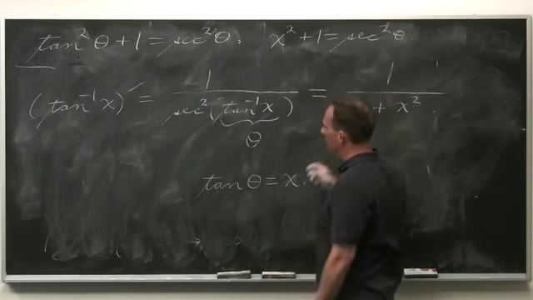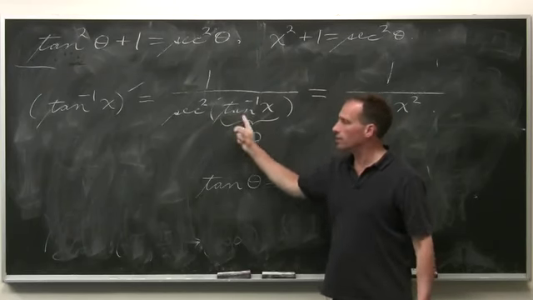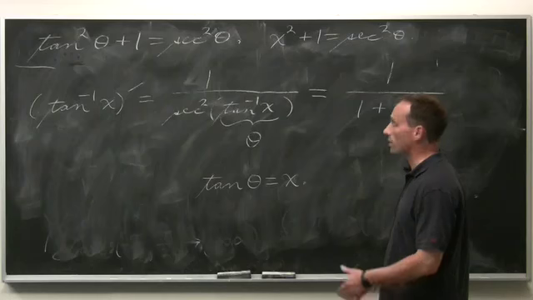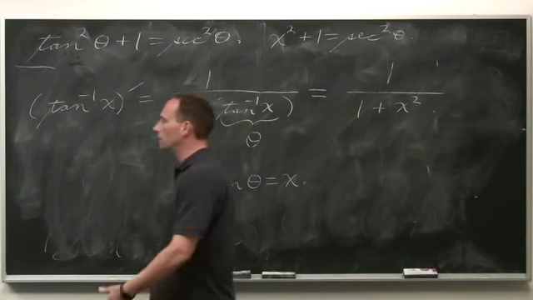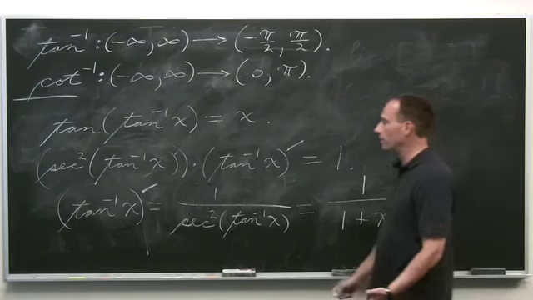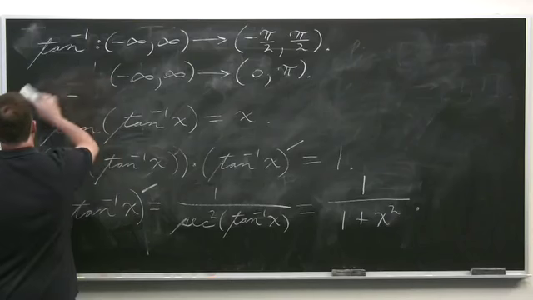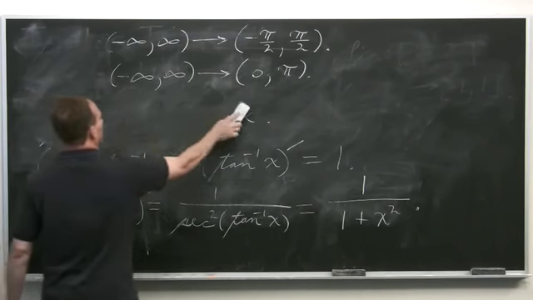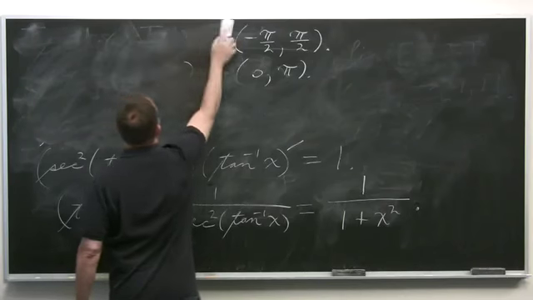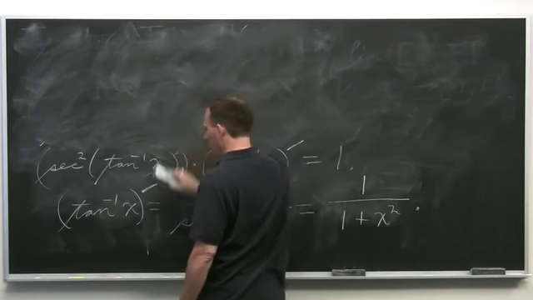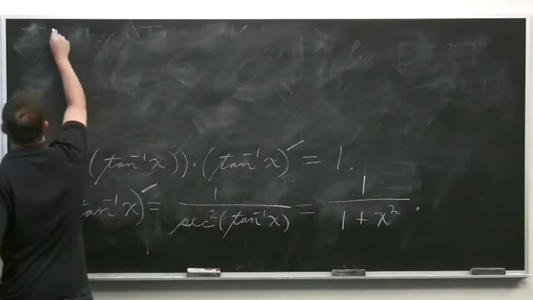But secant squared theta is exactly what we've got. This is theta, there's secant squared theta. So it's 1 plus x squared plus 1. So yes, we get this formula for the derivative of the inverse tangent, that it's 1 over 1 plus x squared. I will leave it to you to verify that working in the same way, you find that